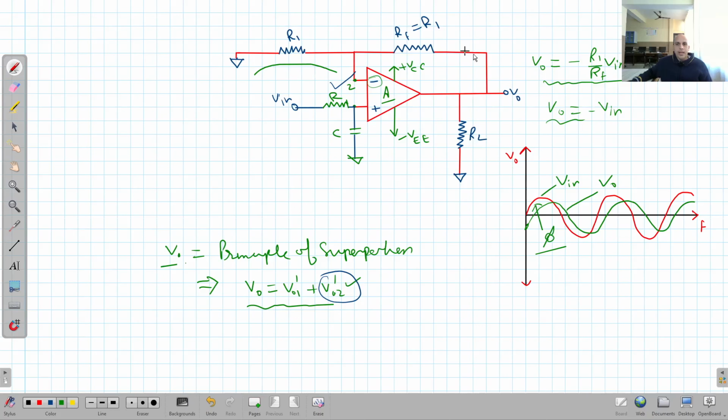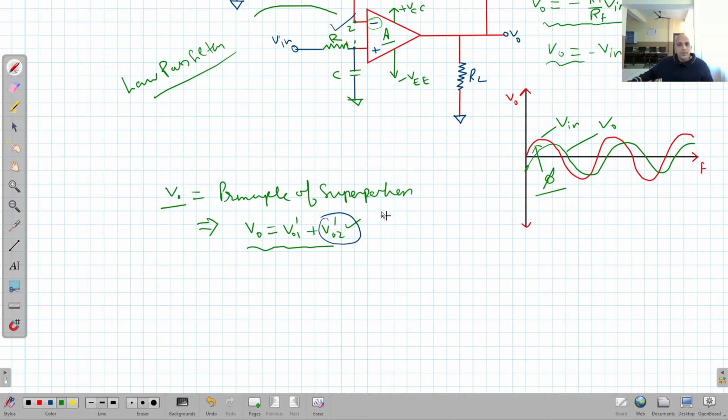Now you can see in this circuit, what is this? You might have remembered this circuit. We have already discussed this circuit, and this is what? This is a low pass filter. Clear? We have discussed it already. It is a low pass filter, right? We have found the expression for the output of a low pass filter earlier. So this output will be due to this one, right? First node, and it is V01 dash is equal to minus 2 iota